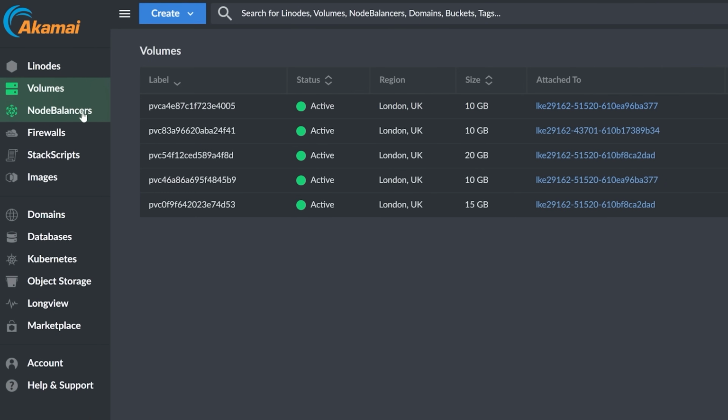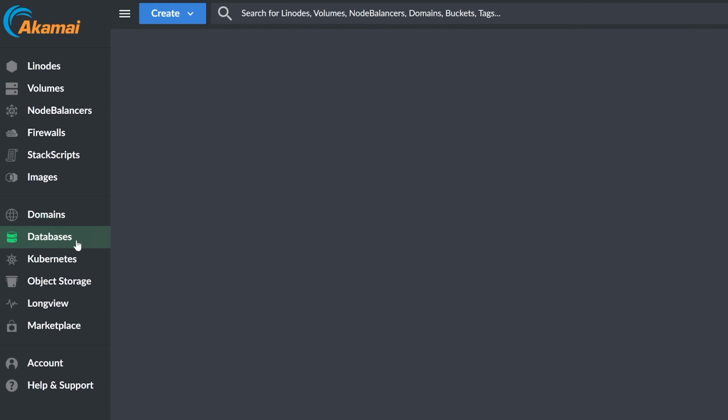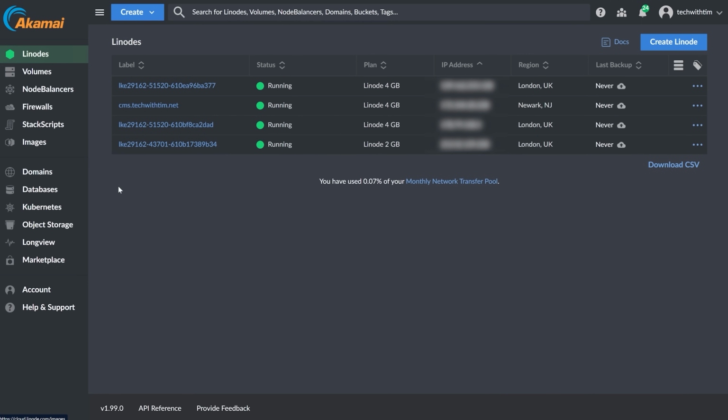You can see that I have a bunch of volumes, some node balancers, some domains, some databases, and a Kubernetes cluster. Pretty much anything you can imagine, I have on Linode here,